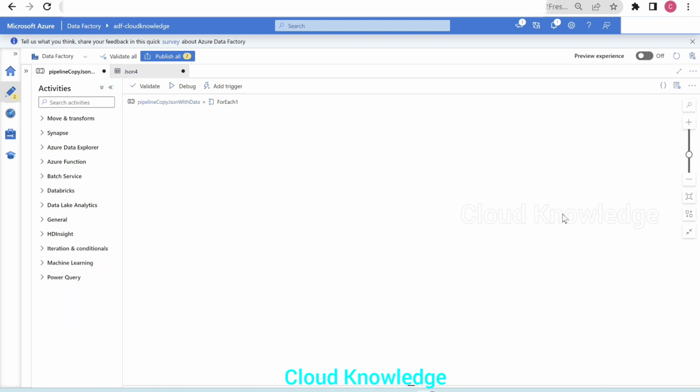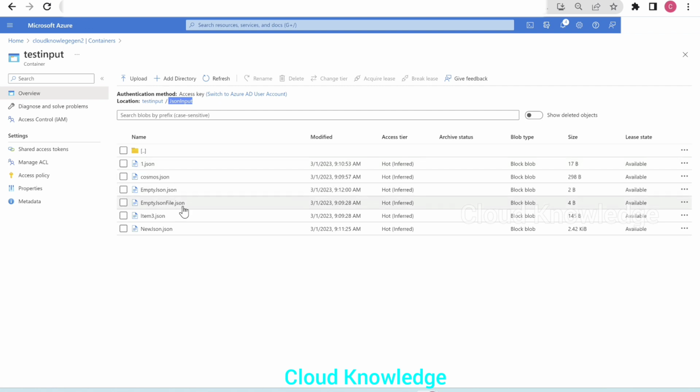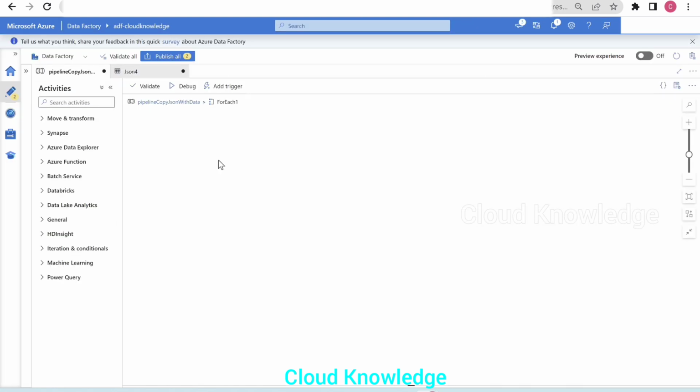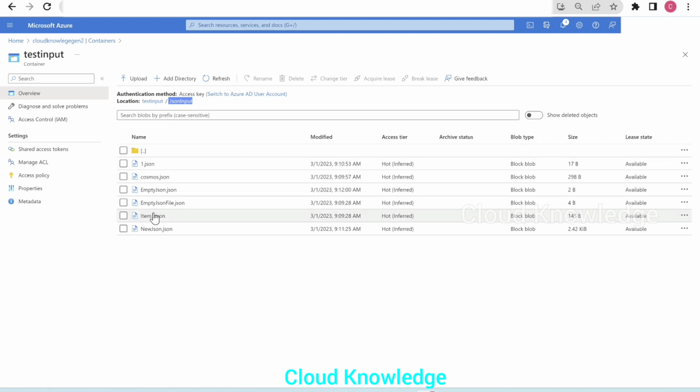So in order to traverse through all the files and check the contents, we have to use the concept of variable because the file is changing. Once the pipeline is in process state, we have to perform the activities under the for each block for each of these files. And these files during the pipeline execution will change one by one. So in order to implement that concept, we have to use variables.